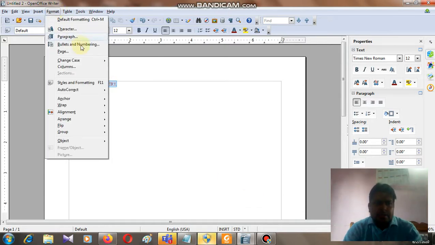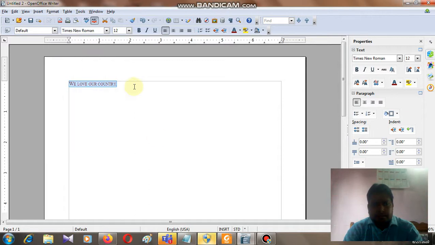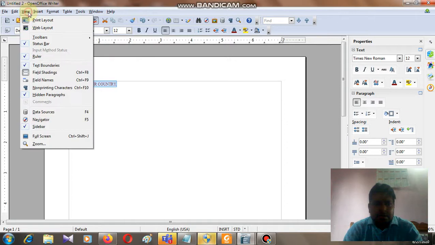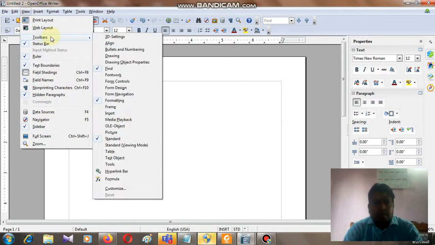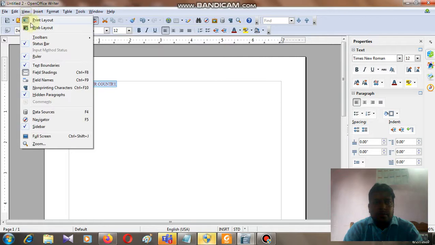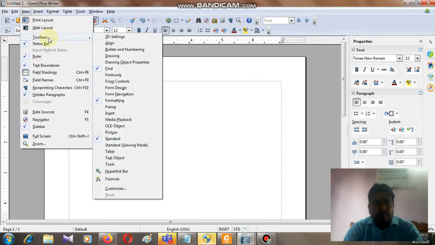Now I'm going to discuss the next part, that how you can do the bold and italic part. So look, when you see, this is the formatting toolbar, this is called the formatting toolbar, and I have already this switched on. So if formatting toolbar is not on your computer, so go to the view menu, go to the view menu and go to the toolbar. When you go to the toolbar option, see formatting is already ticked here. It means what, this formatting toolbar is visible in your computer.